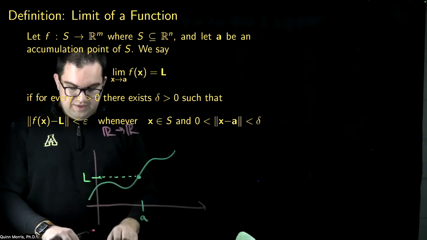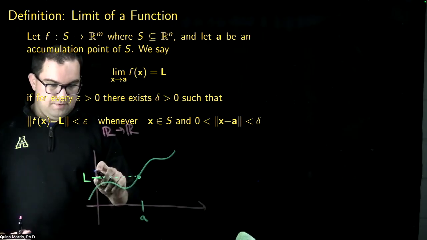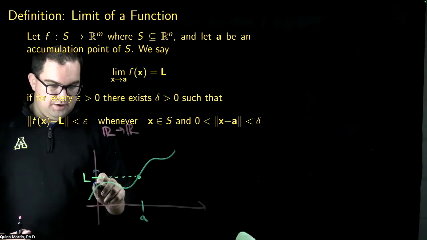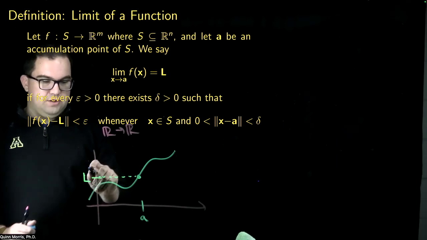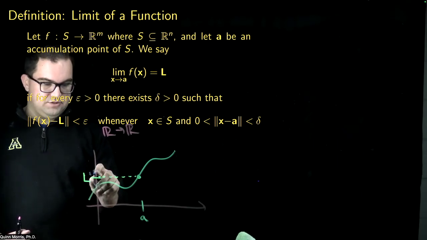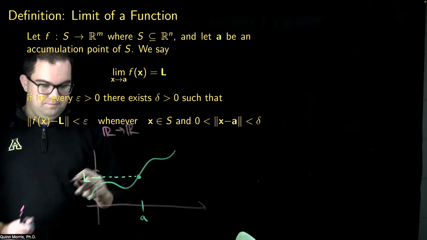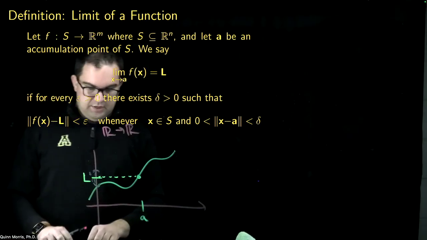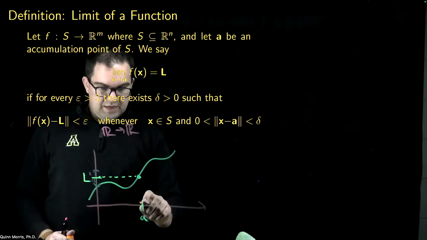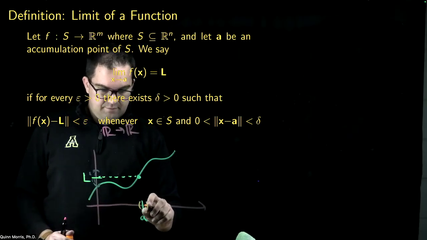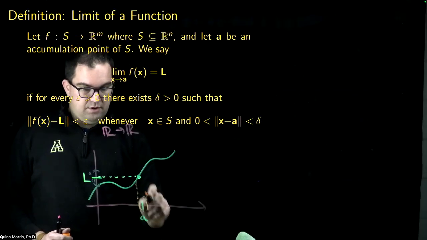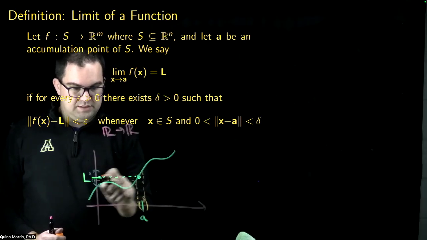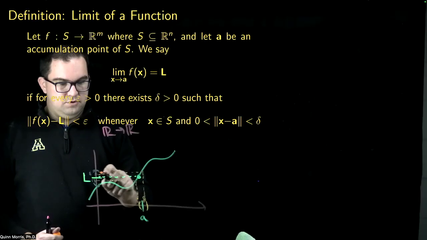then for any epsilon you give me, I would think about going within epsilon of L. And we would say, well, then for that particular epsilon, each of these little distances here is epsilon. I ought to be able to find some delta so that as long as I'm within delta of A, I make some little delta range around A, and I say, well, as long as I'm within delta of A, it seems like my function outputs,